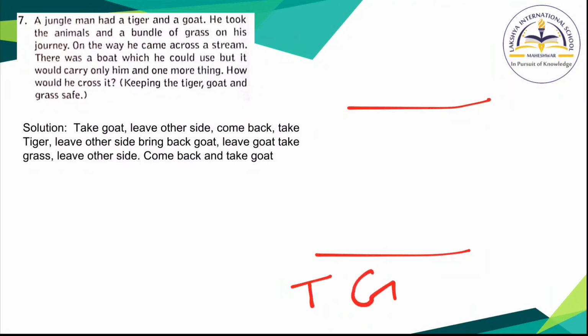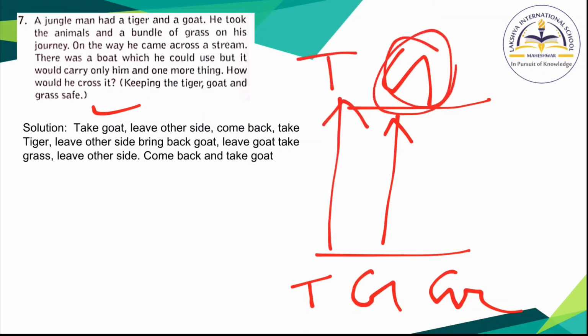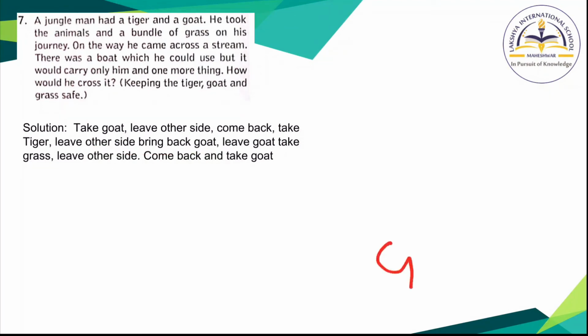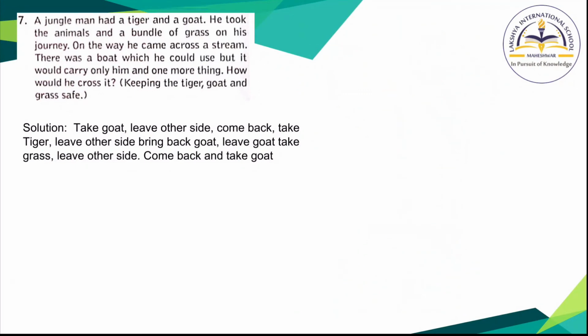Now, tiger, goat and grass. First he will take the goat to the other side. Then he will leave the goat there, come back and take the tiger there. Now with the goat on the other side, he will bring the goat back. Now he will leave the goat here only and take the grass. Now there are tiger and grass. On the third round he will come back and take the goat. So like this